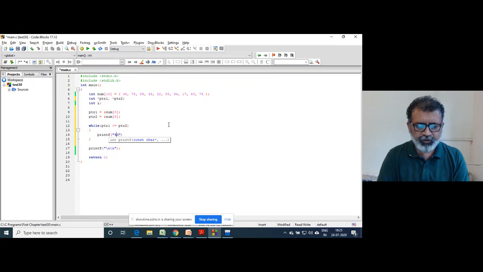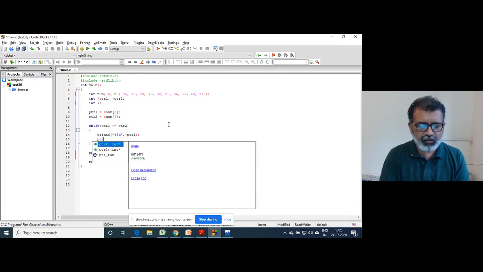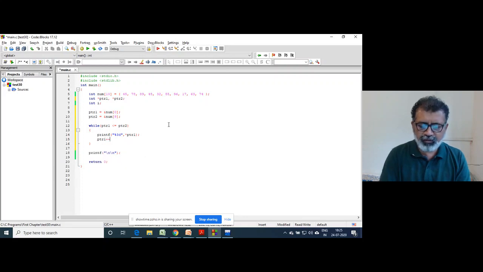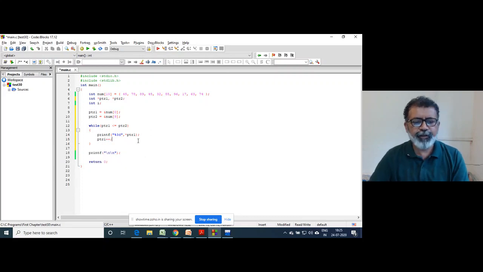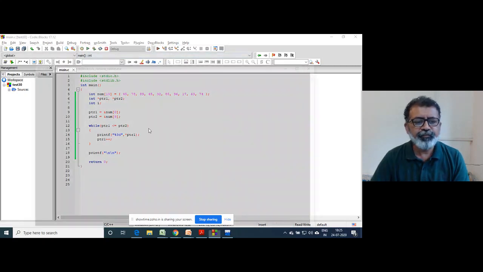Let's say I write printf of %d, *ptr1, and ptr1++. So will it print?